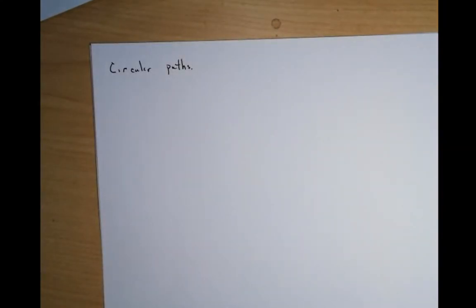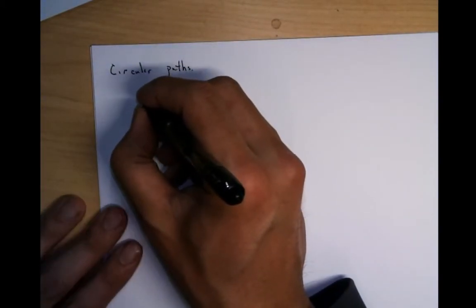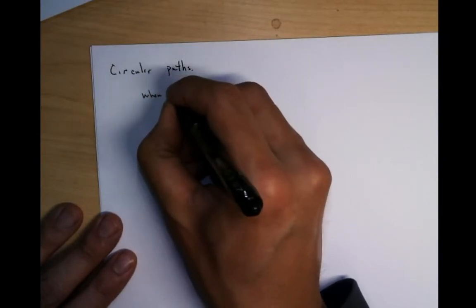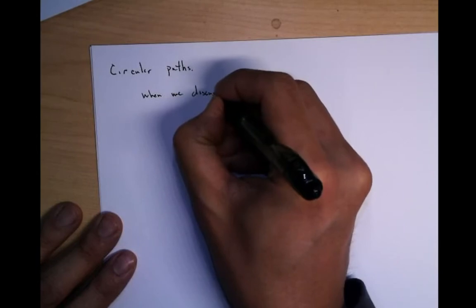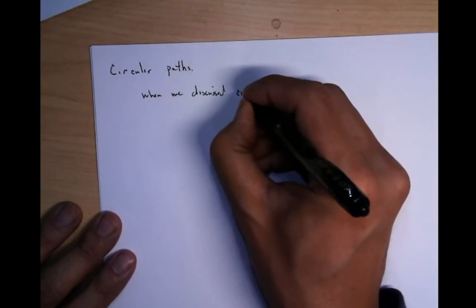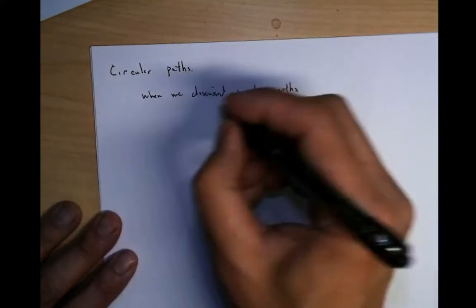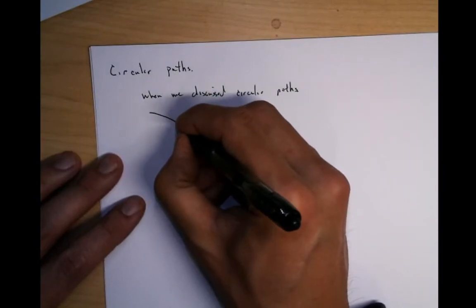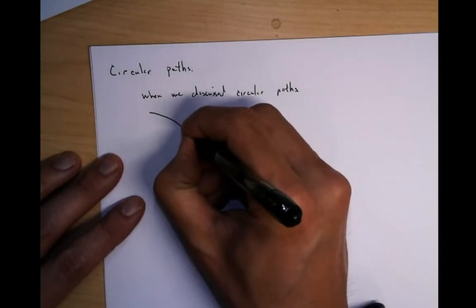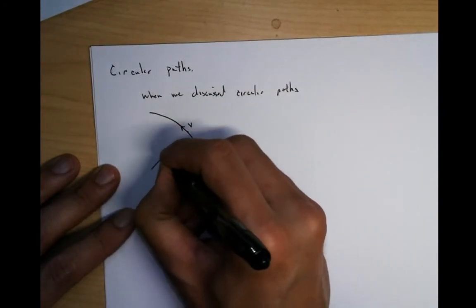Last time when we discussed circular paths, we defined it like this: you have an object moving in a circle with some velocity v, and it's at some radial position